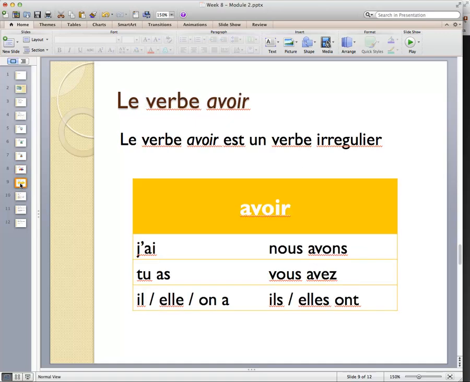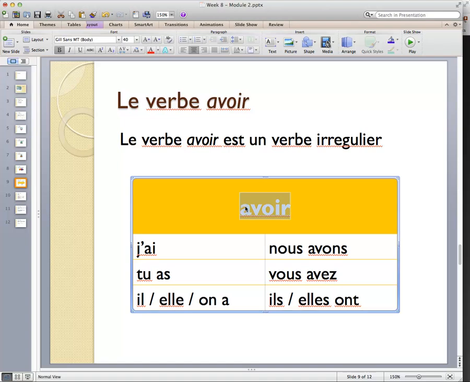The last thing we want to learn in this week's lesson is the irregular verb avoir. The verb avoir means to have. This is an irregular verb because unlike the verbs we've been working with in the chapter, it does not follow a pattern. We cannot just take off the end of the verb and add the same endings for je every time, or tu, or il. In this verb, we actually change the entire spelling.